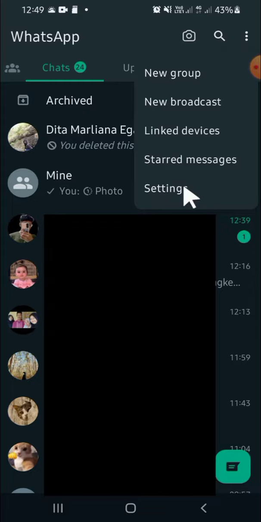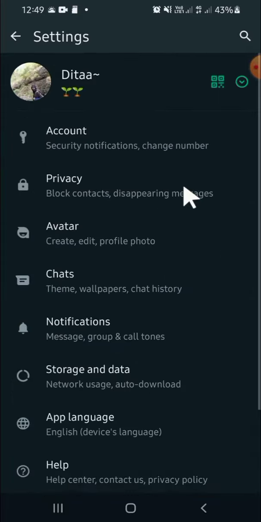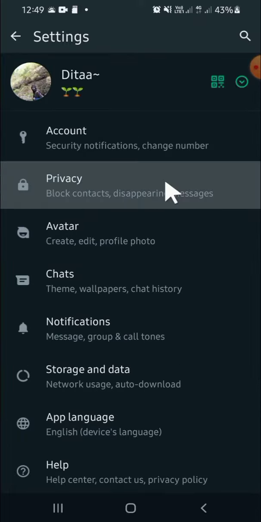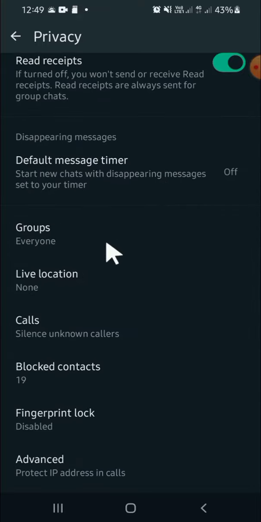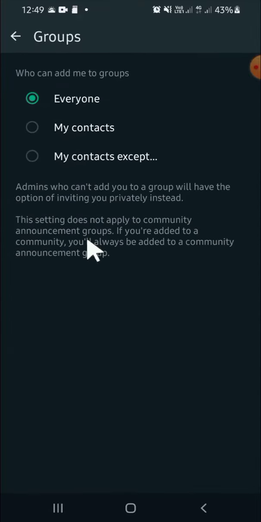So this is the settings option, and then on the settings option we can select the privacy setting. Okay, and since we want to manage the group chat, we can click on groups option. Then you can select who can add you to WhatsApp group chat. Right here you can select everyone, my contacts, or my contacts except. And then for me, I'm just going to select my contacts, so only my contacts can add me to the